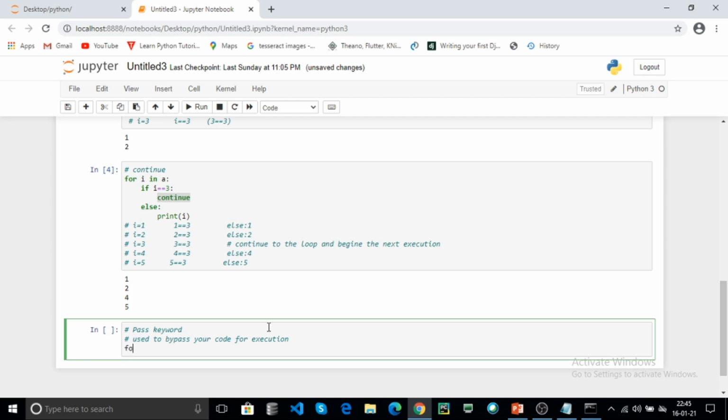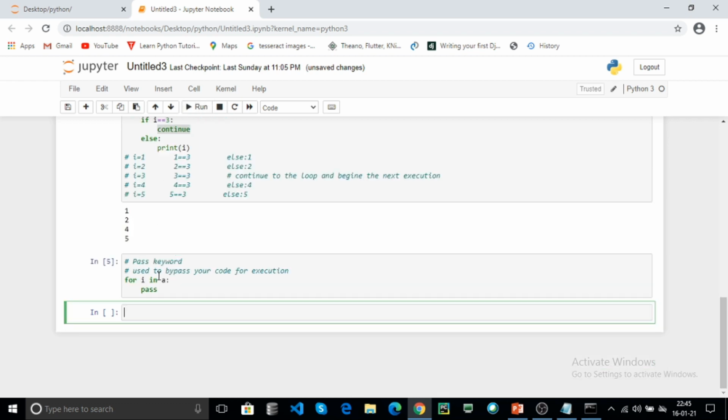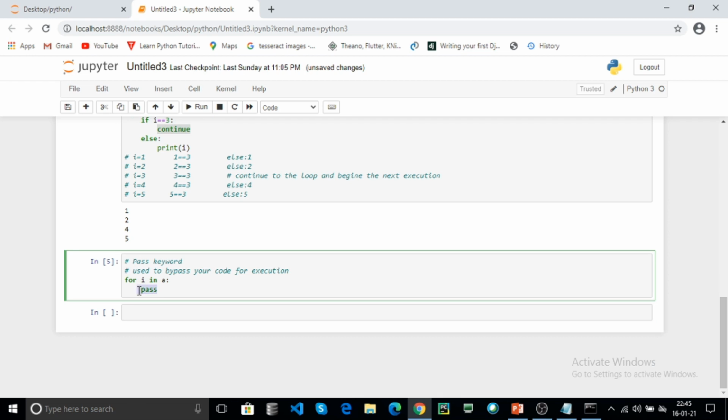For example, for I in A, here you can simply use the pass. Here no data will be printed in the prompt. Click on run. Here this bypasses your code and no code is executed in the loop.